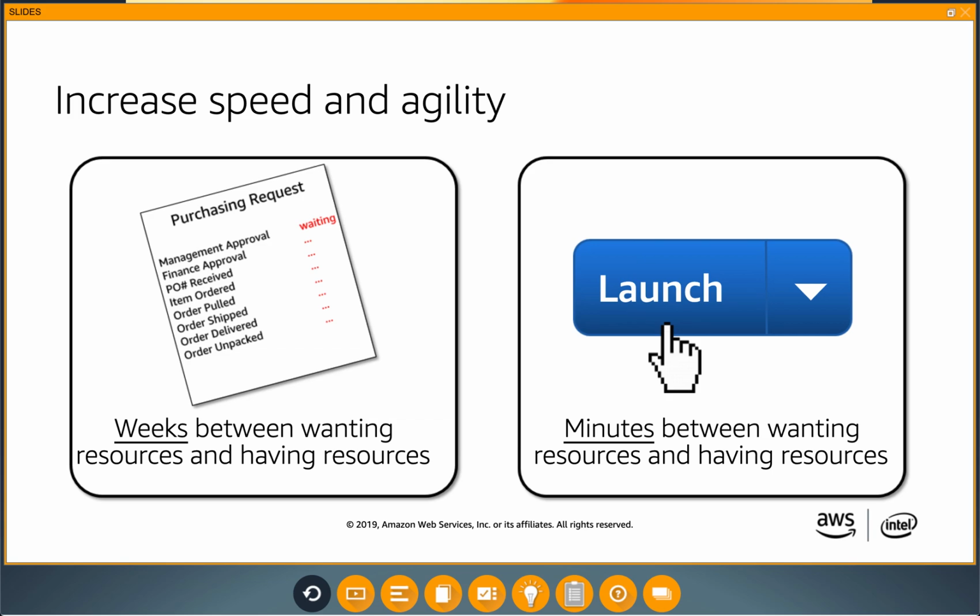Increased speed and agility. How long does it take for you to get resources today? Does it take minutes, hours, days, or weeks? I remember working at a storage company as an intern in the R&D team back in 2014. My task was to build and forecast the next 5 years. I was required to analyze a large data set, about 5 gigabytes at the time, and it needed a database